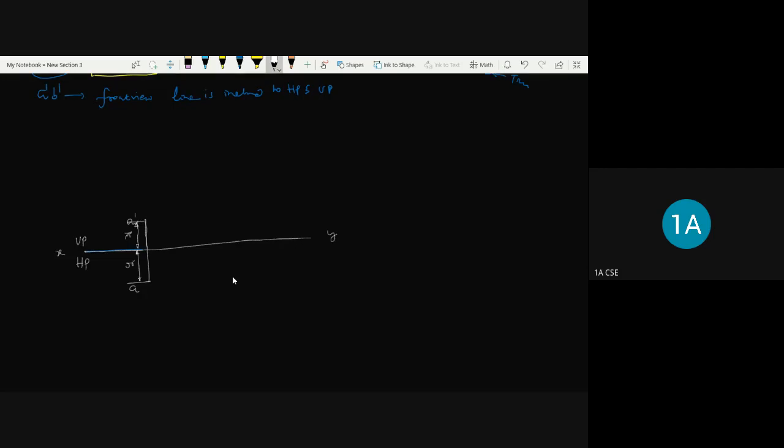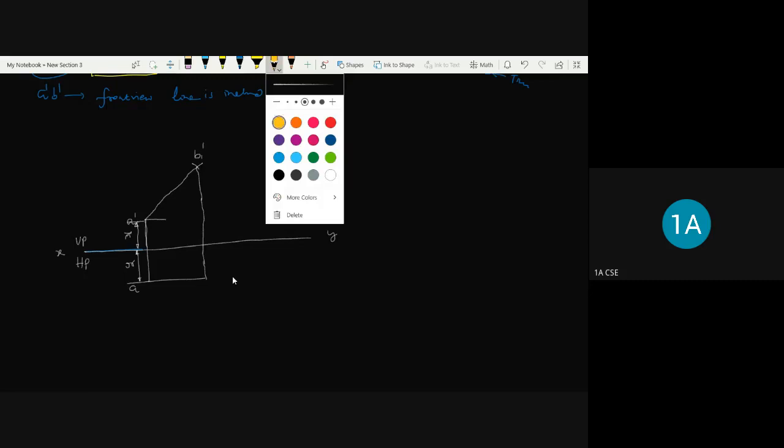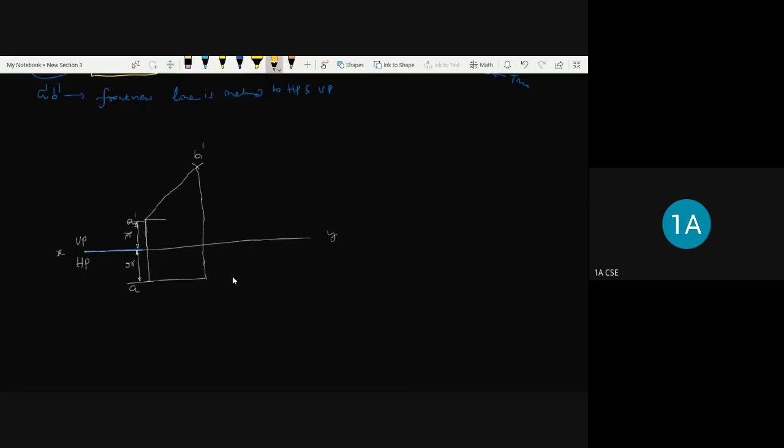Now theta I'm going to take here and cut this line with the B1 dash. Now drop down here. This line is inclined to HP. This is the projection of the line inclined to HP. Now what I'm doing is I'm using the same, say for example, AB2. So here AB1, I'm going to take this is the theta. This is the theta, of course. So this is the true length of the line.